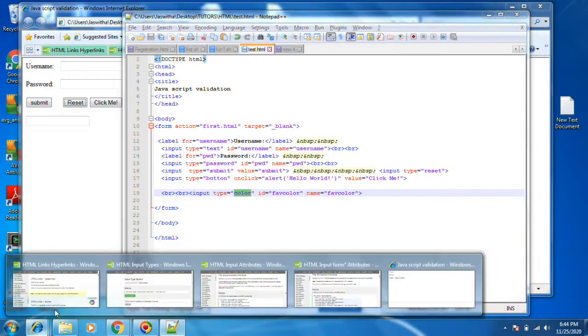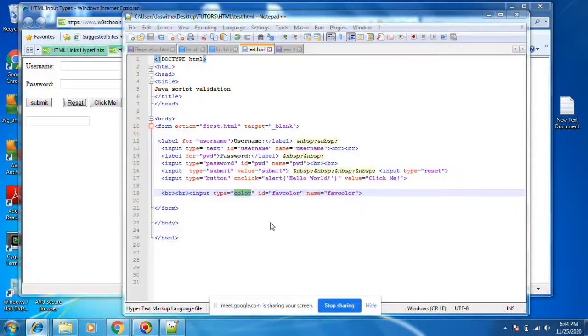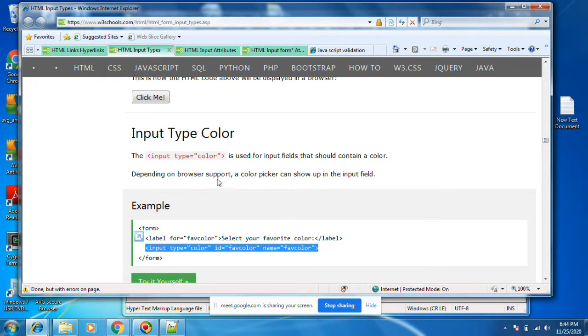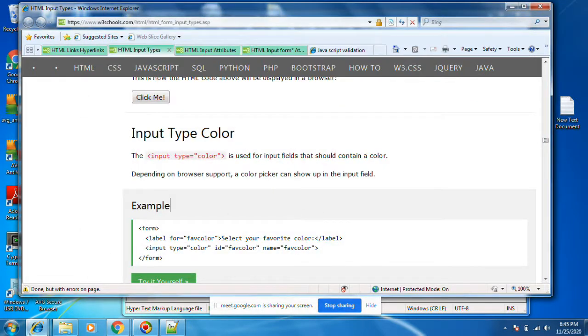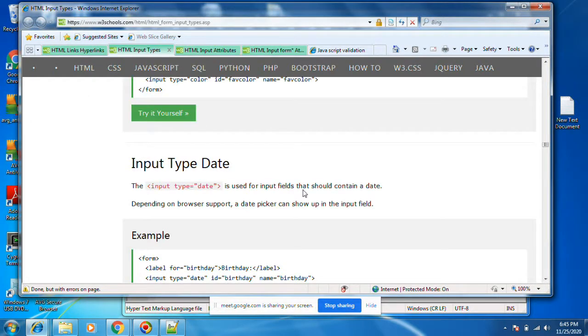We don't know, it is also working the same. Depending on browser support, I think if you open this in another browser it will work. This Internet Explorer is not working.